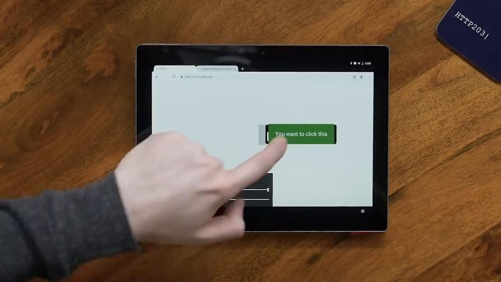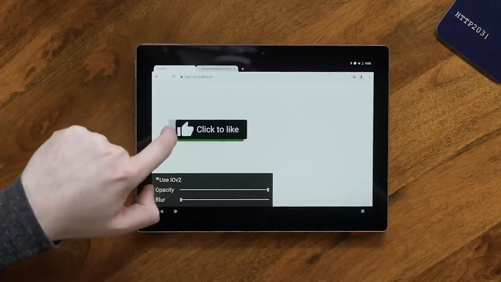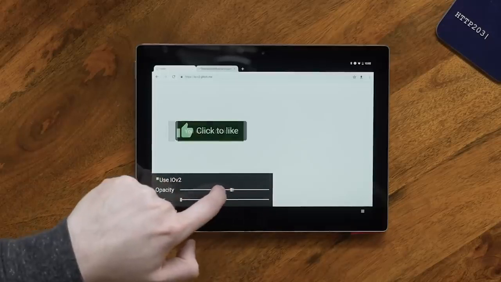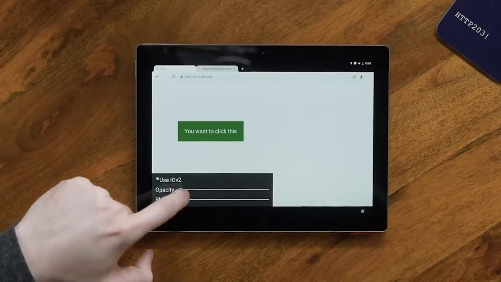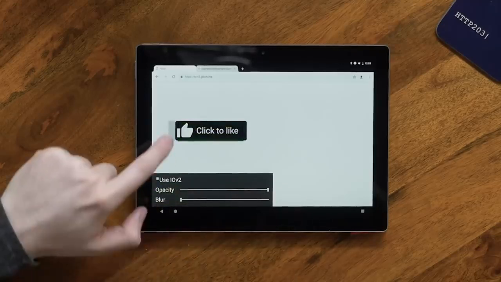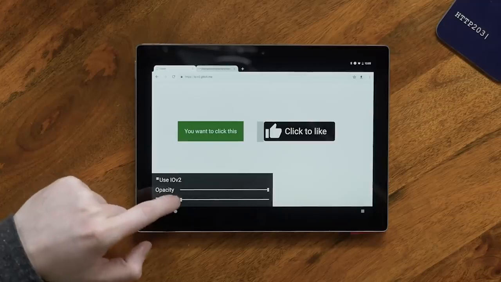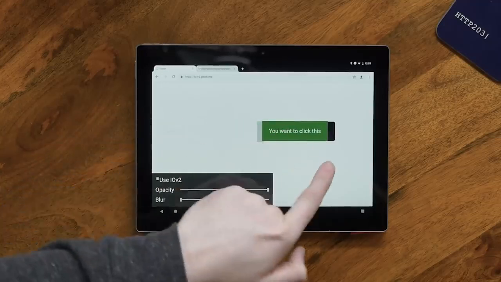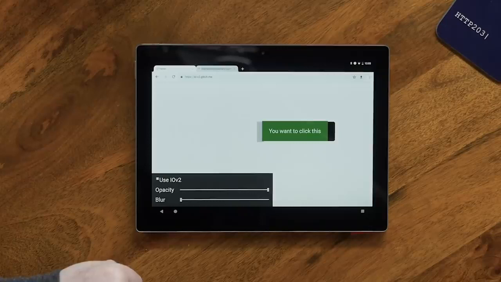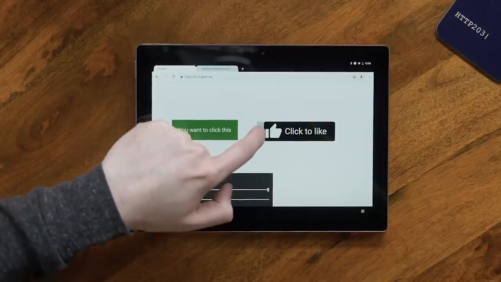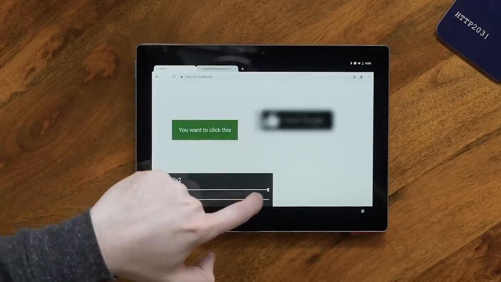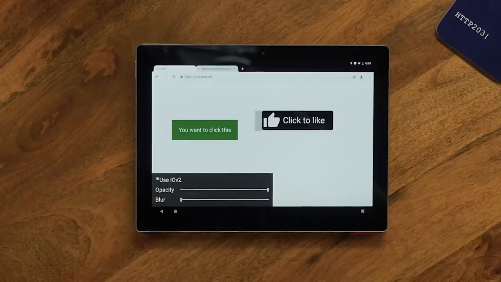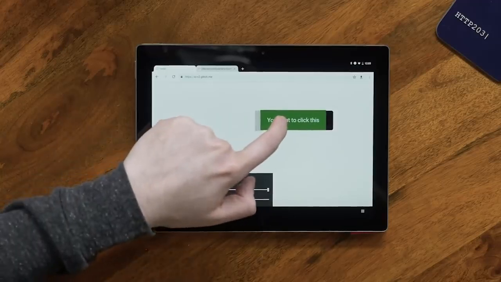Another way of doing it would be to put the like button on top, but bring the opacity of it down. So you're clicking there, but you're actually clicking on the iframe, which is on top. Various other tricks you could do by visually obscuring it and tricking the user to click it. Although that content is controlled by the other site, you've done something to it to the point where it's no longer legible. Another one would be to put a message there and just encourage the user to click on this little bit here. And the context of the actual button is gone because you've covered up certain bits.